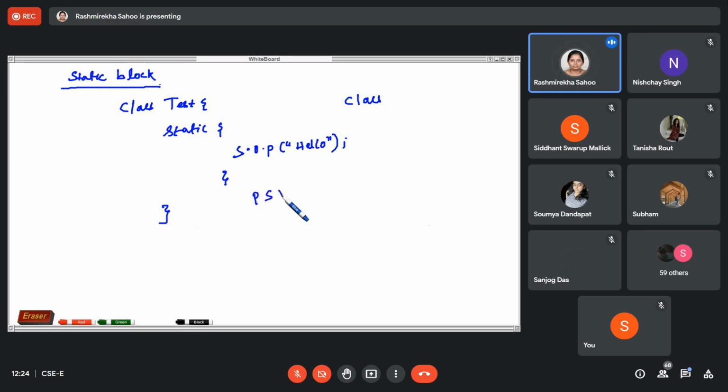Then there is no need of calling that one. Simply write that main method over there, then that static block will get executed.